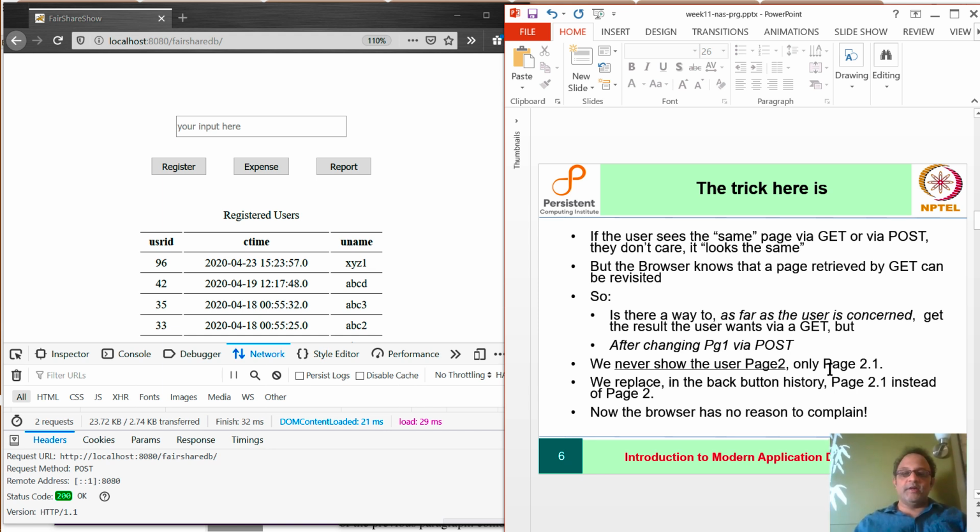Instead, we only show page 2.1 and we replace in the back button history page 2.1 instead of page 2, but the user cannot tell the difference anyway. And so the browser has no reason to complain if you revisit the page again. That is what the post redirect get pattern achieves.